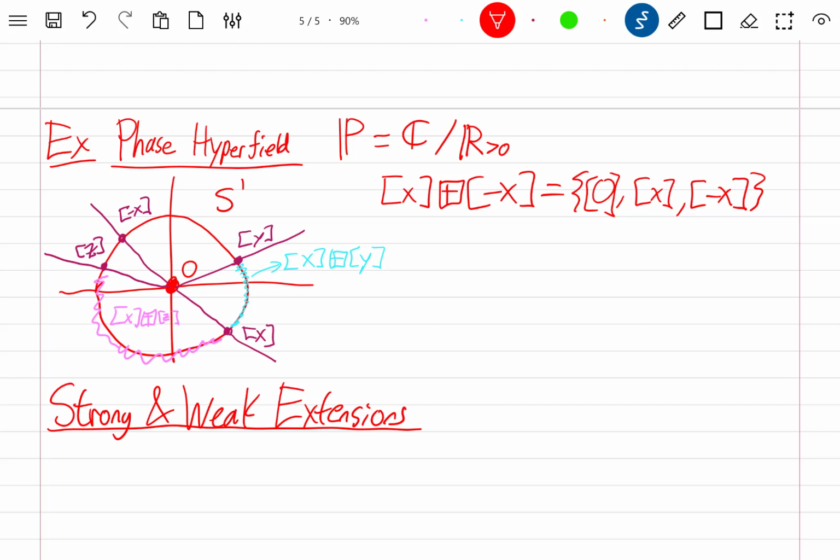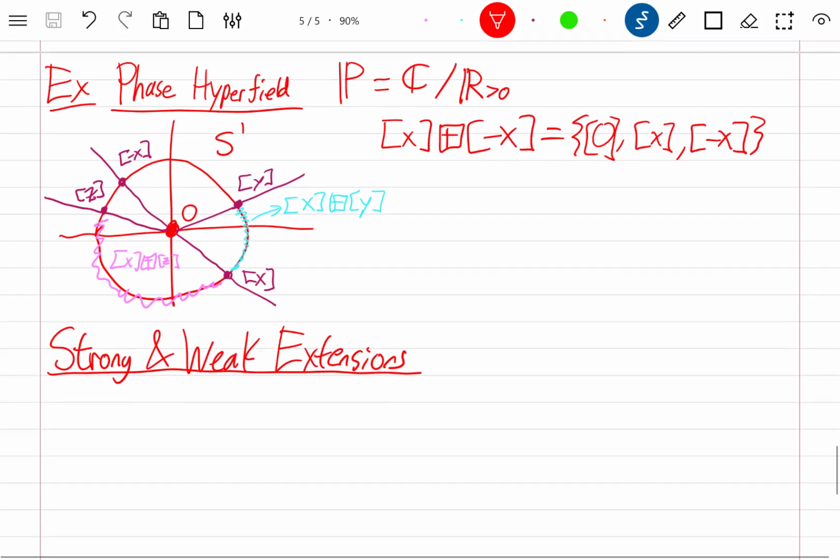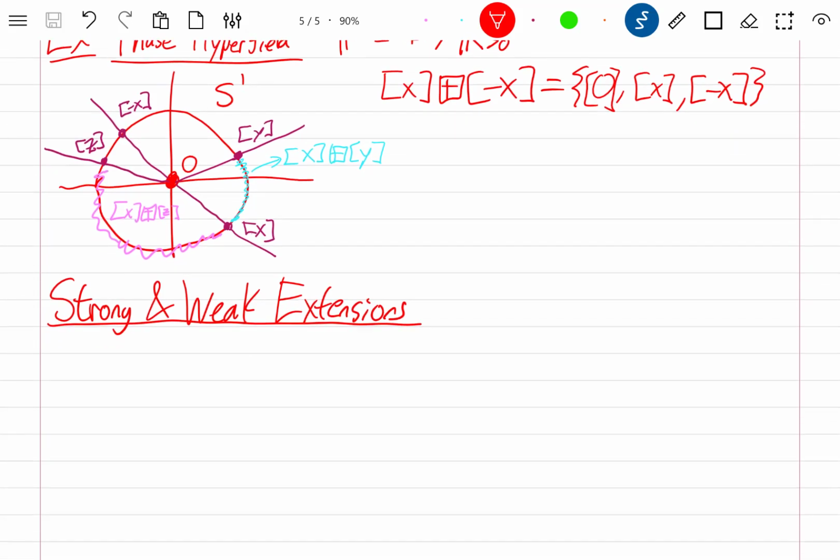So the notion here is addition is multi-valued. So there are two ways we can define a homomorphism. We could require addition to be inclusion of sets, or we could require it to be equality of sets. So here, we will